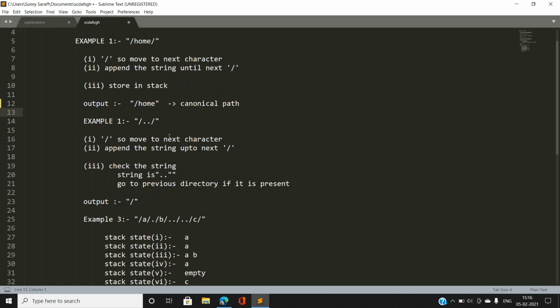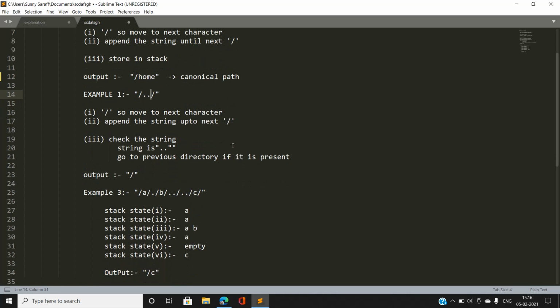Let's take another example. Here you can see another string denoting absolute path. If we encountered a forward slash, then continue further, there's no need to do operations below that. Now I'm going to store the string between two forward slashes, and I'm going to check that string. If the string is a single dot, that denotes the current directory, we are not going to do any operations. And if the string is a double dot, as you can see here, we have to pop a directory. That is, we have to move to the previous directory, and this is going to be managed by the stack.